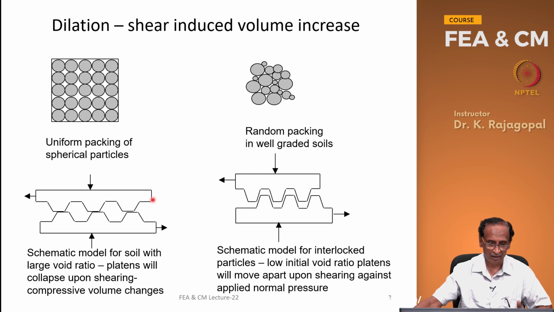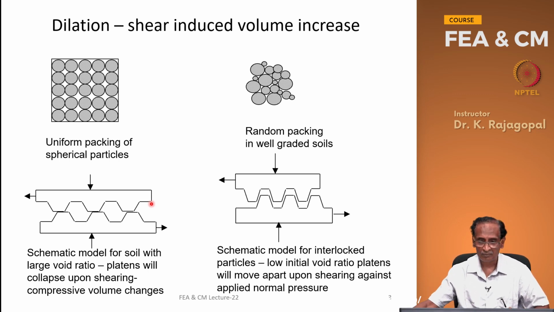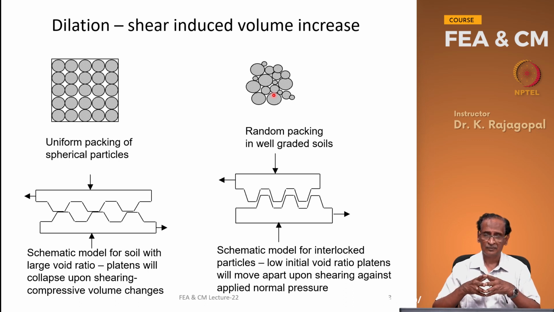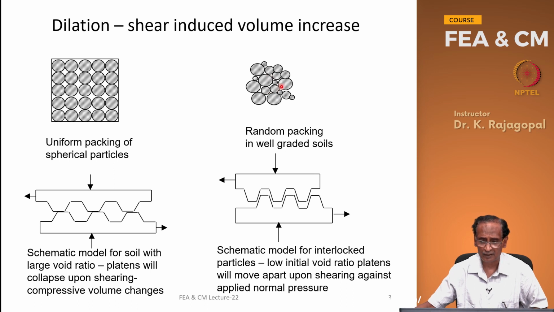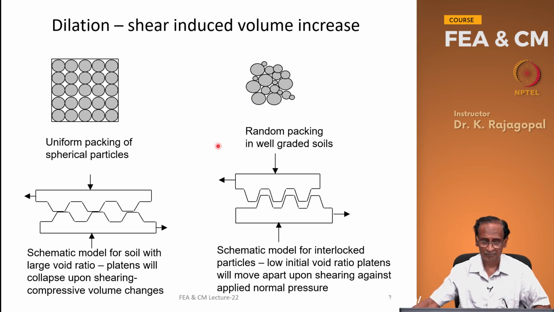So, we can say that this is analogy of the loose sand behavior. Initially there is a large gap between the two plates, and that is corresponding to our initially high void ratio. And then if we look at well graded soils or the sands with very good angular particles, there could be a lot of interlocking between the particles, and when you subject them to any shear,